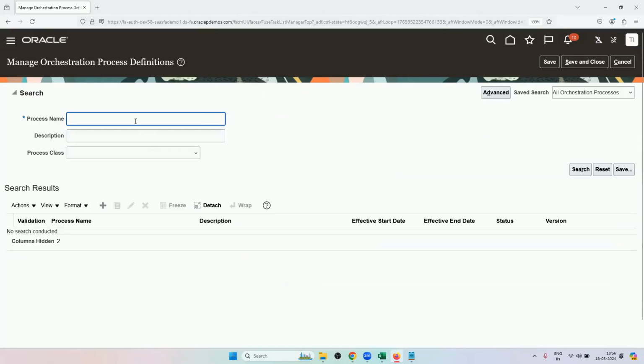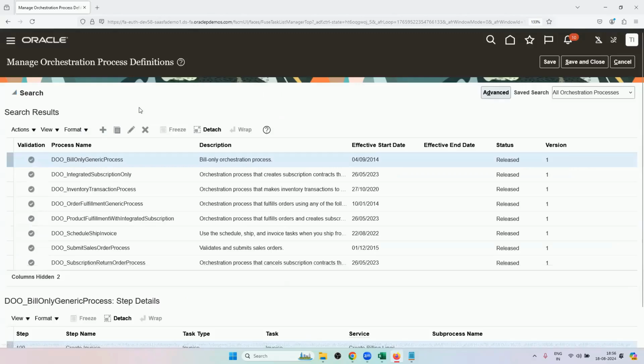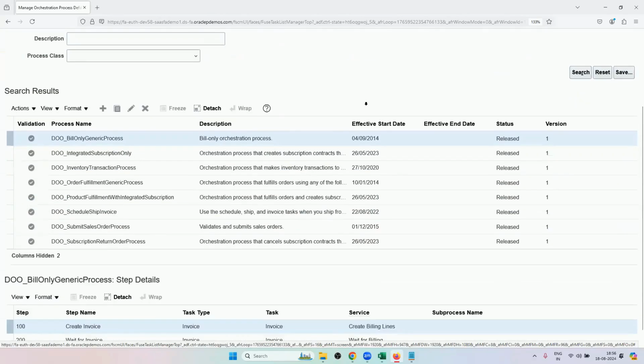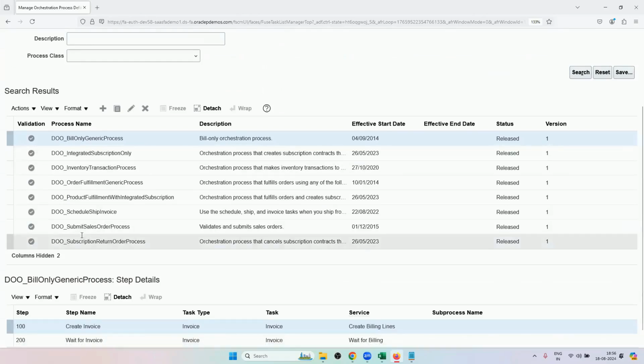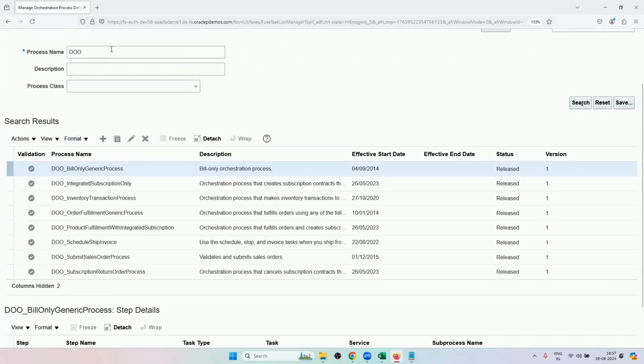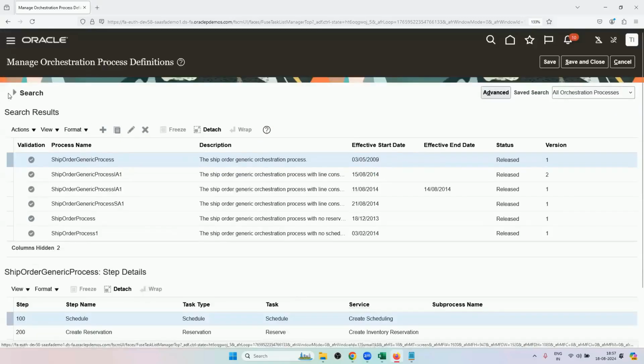Process name. Anything which begins with DOO is a seeded one. Seeded one means it is defined by the system only. Okay, now what is that process which is kicking in for us? For us,